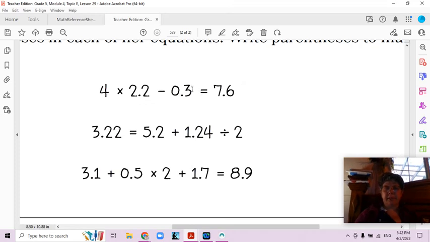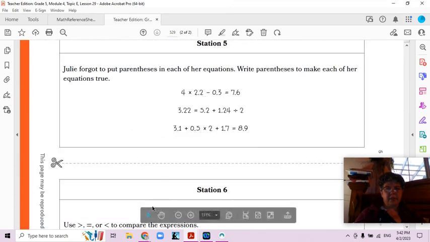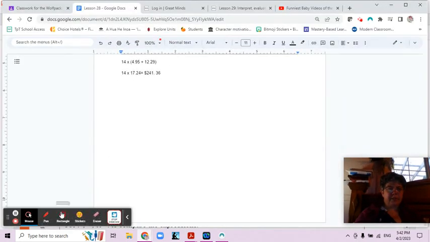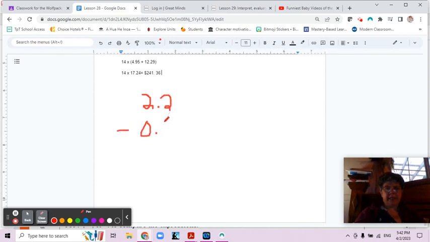So what if I put the parentheses here? 2 2/10 minus 3/10. Okay, let's think about that. Just going to use my Google Doc as a blank. 2 2/10 minus 3/10, right? Okay, no backward subtracting. Change it to a 12. 12 minus 3 is 9. 1 minus 0 is 1. Now I have 1 9/10